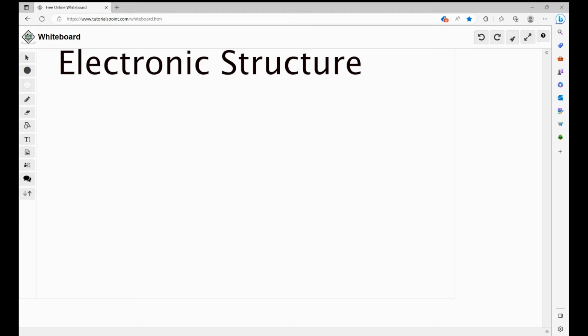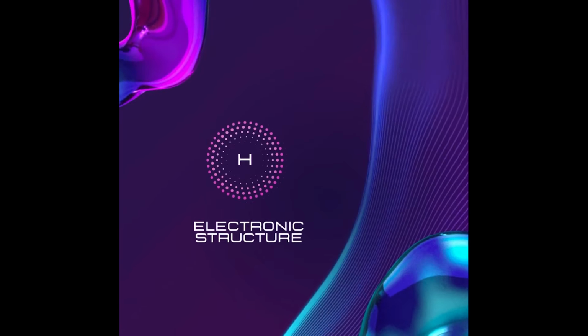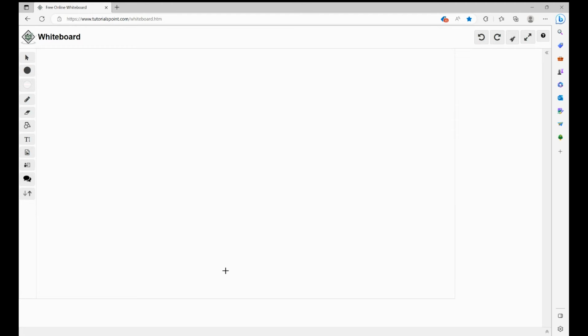Hi everyone. Today we are going to talk about electronic configuration or electronic structure. It's an important part for AS chemistry and A2 chemistry, but I will try to explain in very layman terms. I will go with the easiest way to remember how to write the